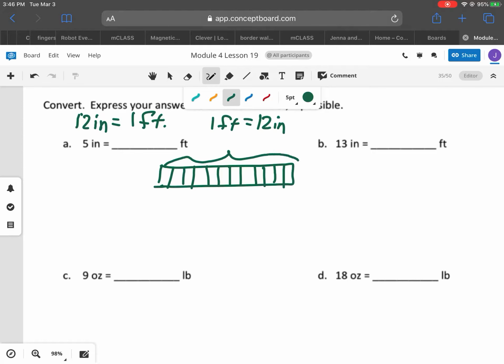Okay, so there's 12 here, and that's 1 foot, and we have to figure out what 1 inch is. Well, it's 1 out of 12. So 1 inch is 1/12. So 5 inches,